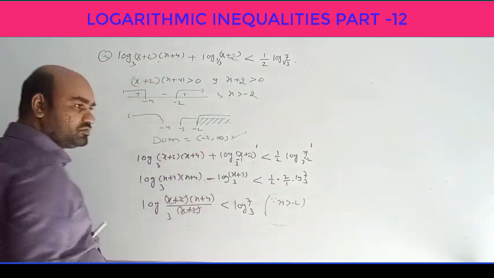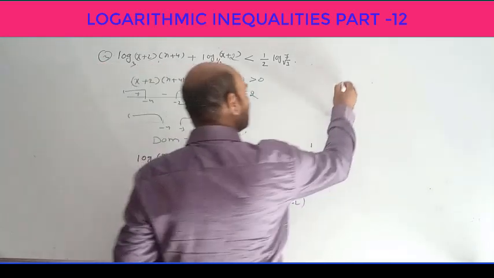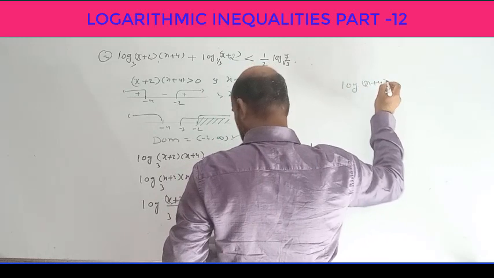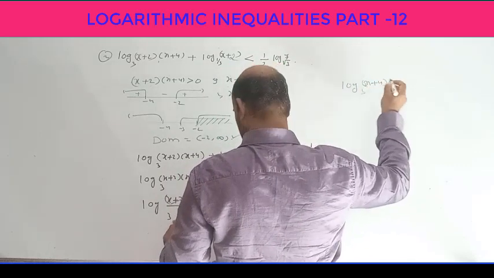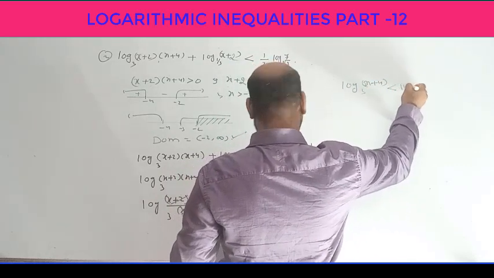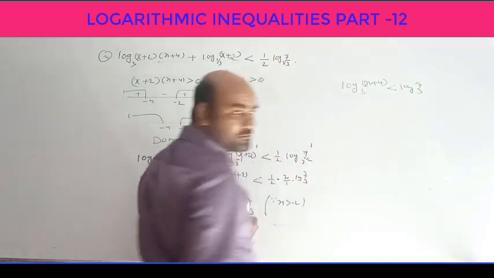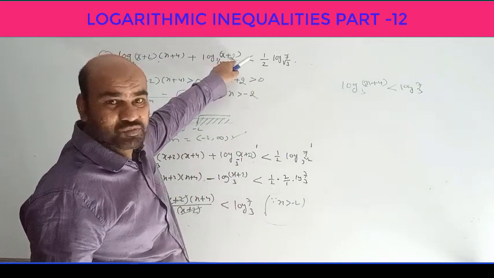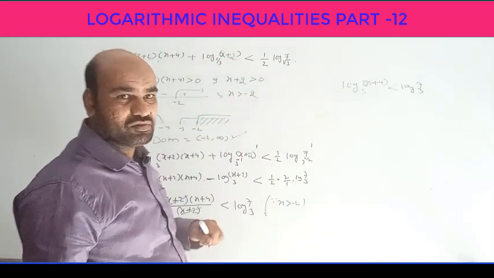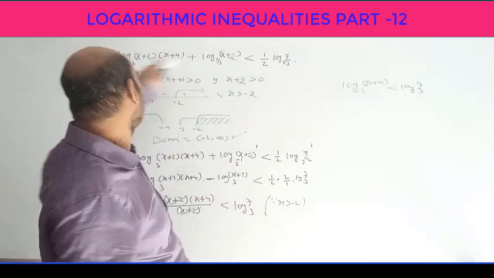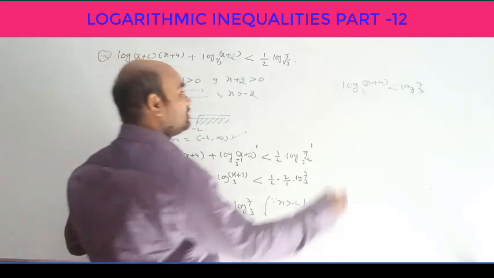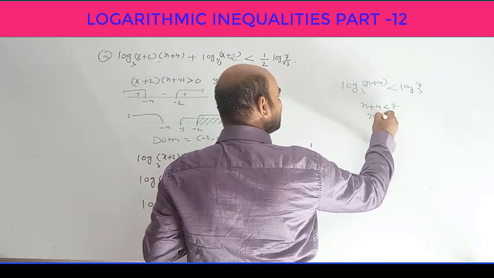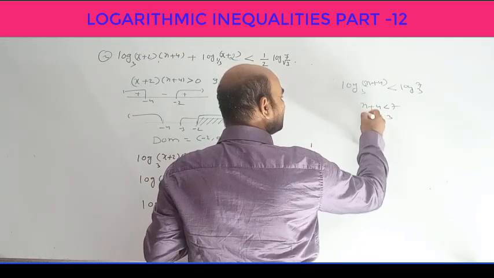This is never 0. So now the problem becomes logarithm of x plus 4 to the base 3 is less than logarithm of 7 base 3. Simple problem. By mistake, instead of x plus 2, I wrote x plus 3. It became a new problem. Now the actual problem has x plus 2, that is taken as the third problem. So directly x plus 4 less than 7, x is less than 3. So this is one of the solutions.